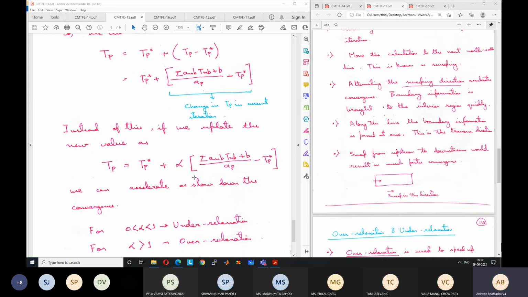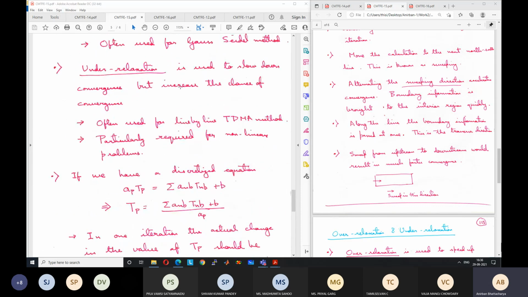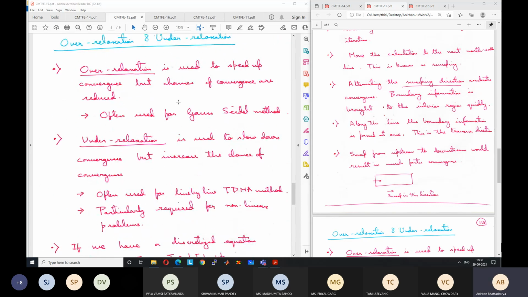This we generally do not use much, but it can be used where we know that the chances of convergence are very high. It is quite a robust method, and we want to speed up the convergence. We have seen in previous cases that convergence is achieved in all conditions. Now if we want to speed up the convergence, we can go for a higher over relaxation value. And there is a method also, known as the successive over relaxation technique.